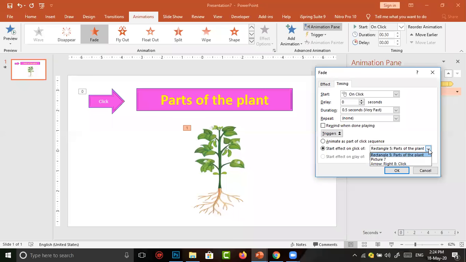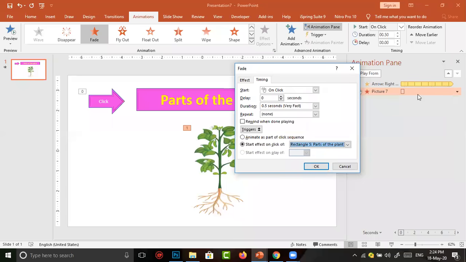Is it clear? Okay. There are 3 objects in our slide. Now I'm going to select the rectangle parts of the plant. What does it mean? If I click on the rectangle parts of the plant, the animation I have given here, the disappearance of our picture, will happen. Okay. I simply click on OK.